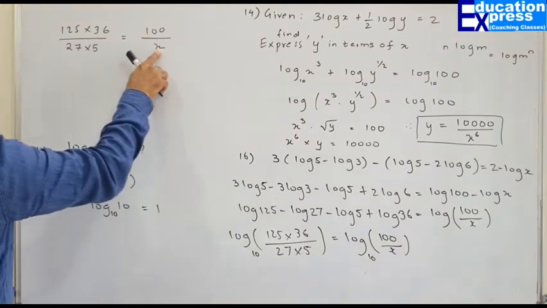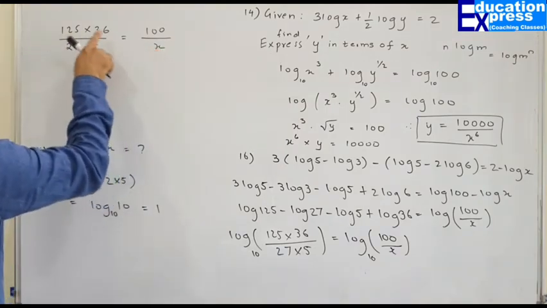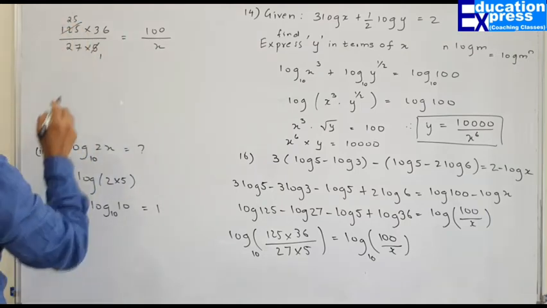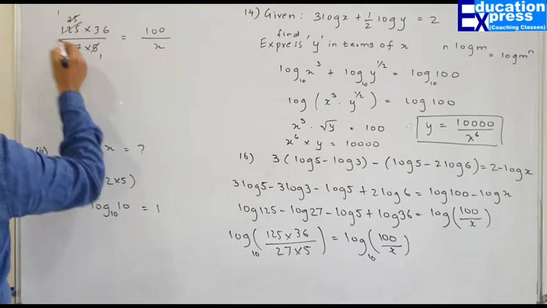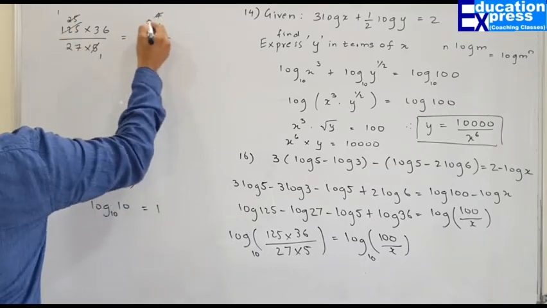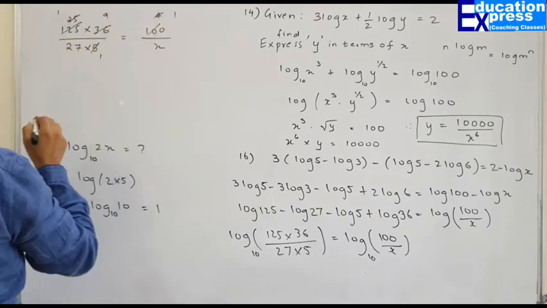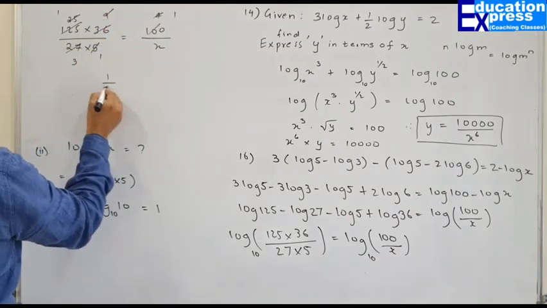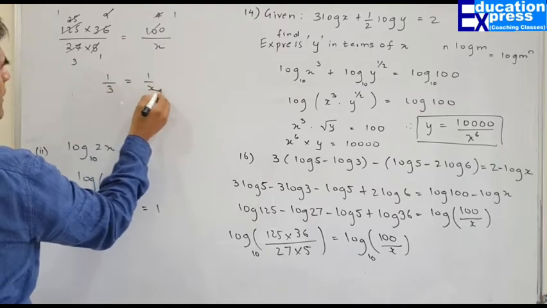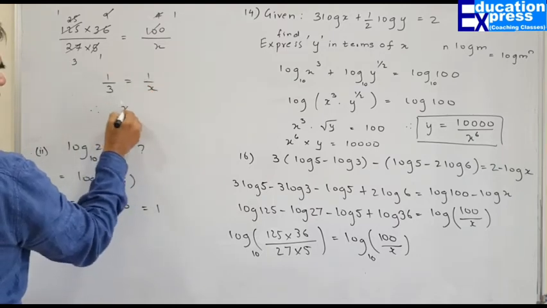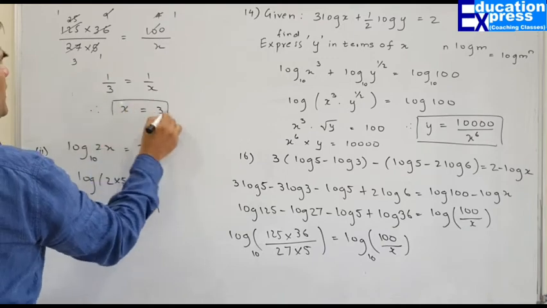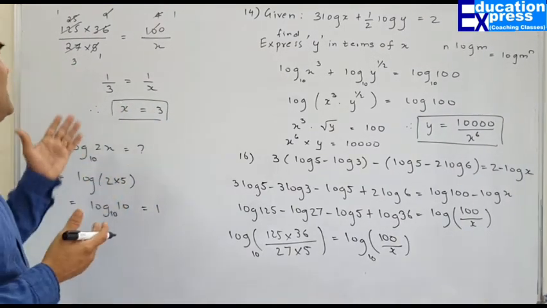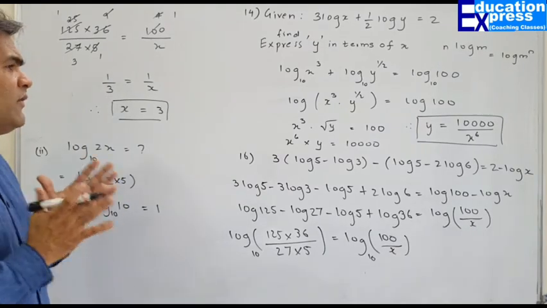What we have to find? We have to find the value of x. Before that, any cancellation? 5 1s are 5, and over here 25s are 25. So 25 1s are 25, 25 4s are 100. 4 1s are 4 and 9s are 9. 9 1s are 9 and 3s are 27. What do you get finally? So 1 upon 3 equals to 1 upon x. Therefore, x equals to 3. So my dear friend, this was a very simple calculation where most of the thing gets reduced very easily with the easy forms of tables.